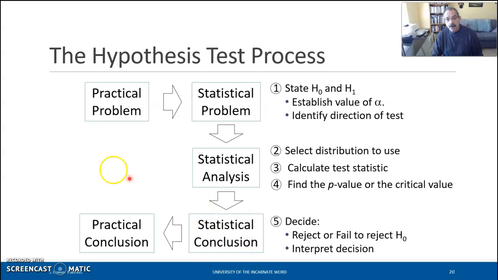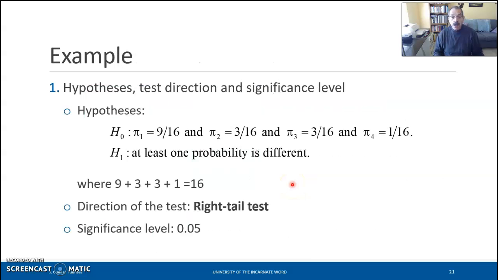So we're going to follow our familiar hypothesis test procedure. We're going to state first the null hypothesis, and then select the distribution to use, calculate the test statistic, and either using the p-value or the critical value, we make a decision about the null hypothesis, and we conclude with interpreting our decision about the null hypothesis. All right, so in the first step, the hypothesis is, as we discussed previously, that under the null hypothesis is